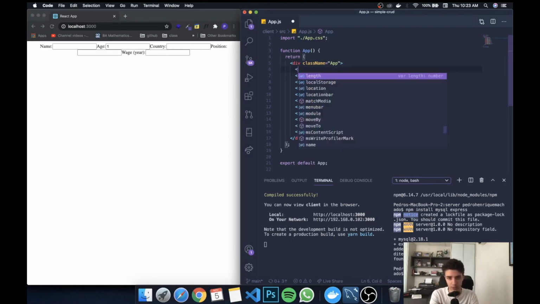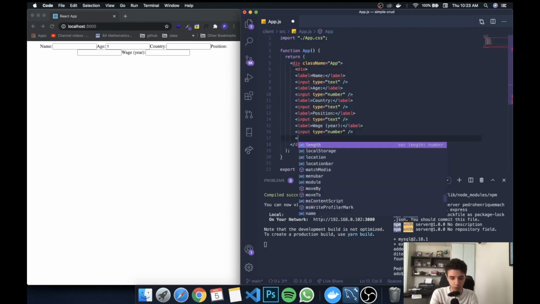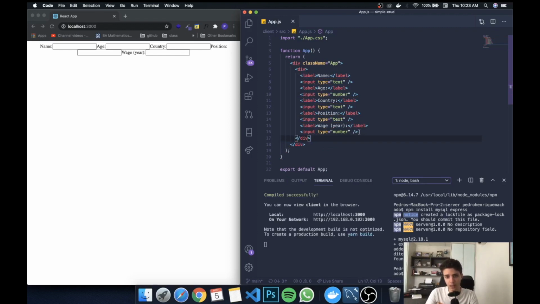So basically what I'm going to do is I'm going to create a div at the top here, and it's going to be wrapping around all the inputs. And by the way, if you want to know why when I save my application, the stuff gets aligned, I'm using an extension called Prettier. A lot of people ask me this, so it's really cool. I have a video about it. It basically aligns everything and organizes everything when you save your application. So we created a div. We're gonna give this a class name of, I don't know, information,